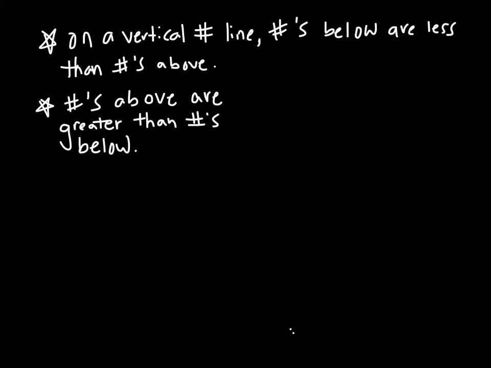So on a vertical number line, numbers below are less than numbers above. So if I have a vertical number line that looks like this,